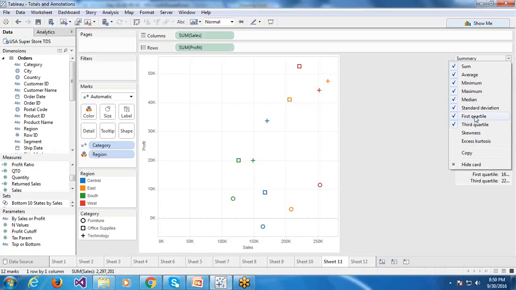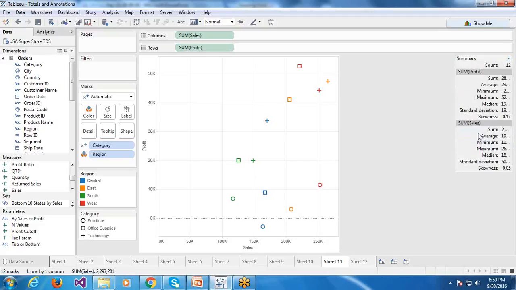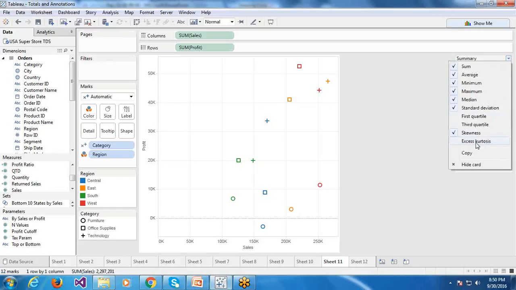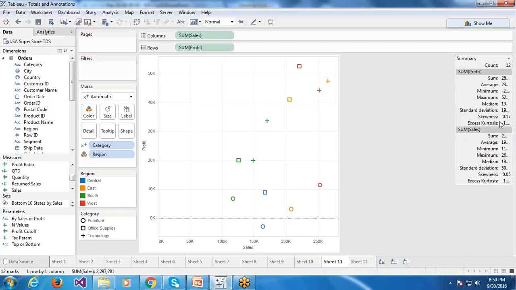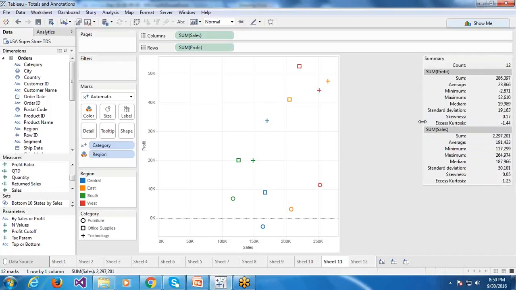If you go through percentile, you will be aware of the first quartile and third quartile. Like this, skewness. Skewness means there will be some error or something like that. Excess kurtosis is also something related to error only.